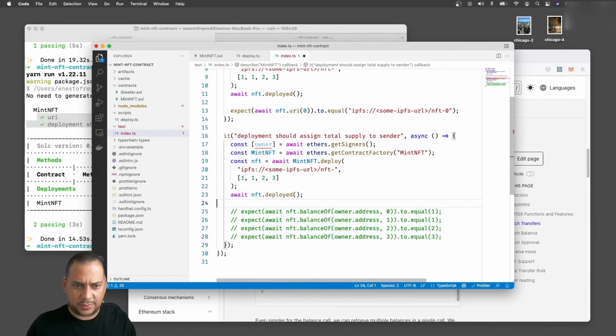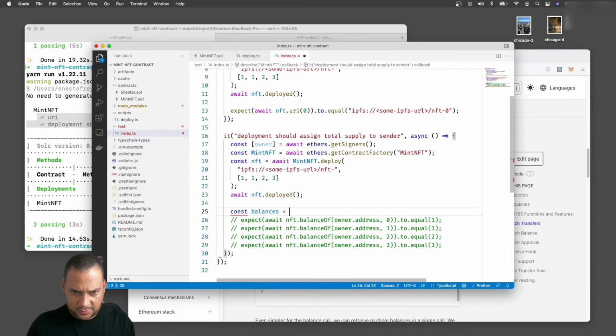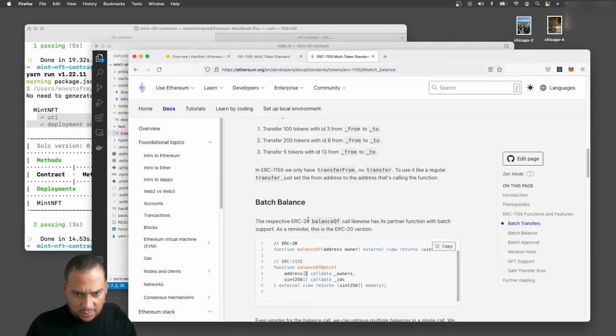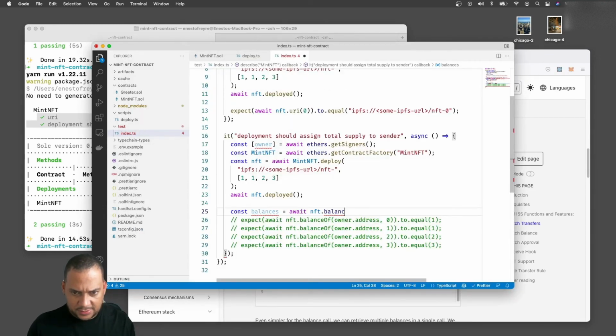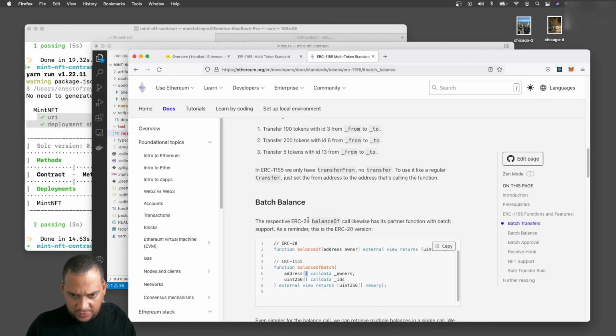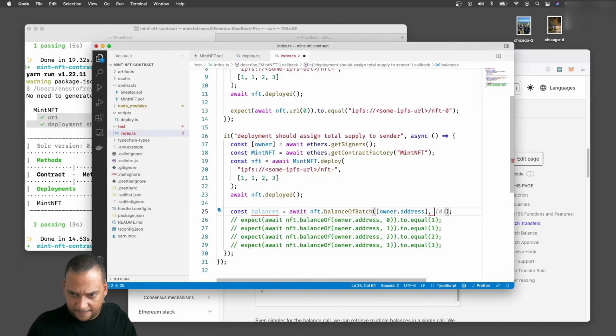Let's comment this out and just do balances await NFT balance of batch owners addresses, and we need to specify the IDs.